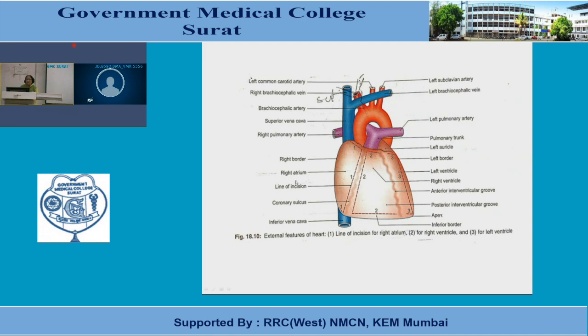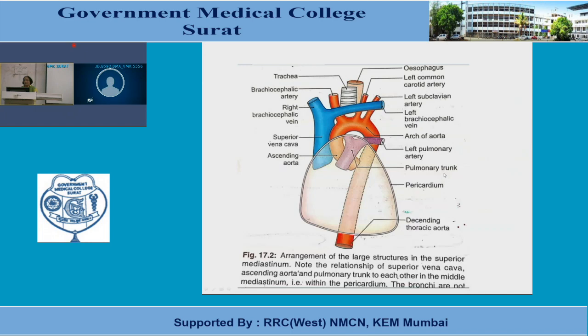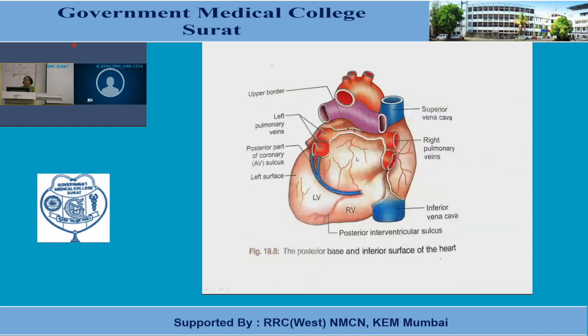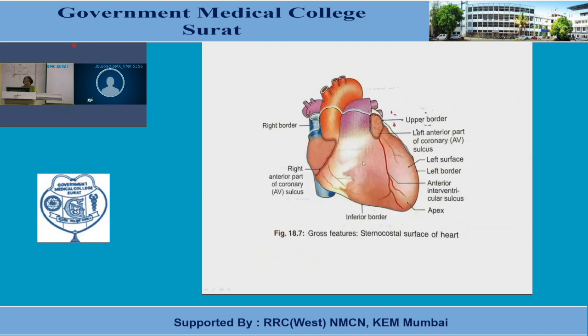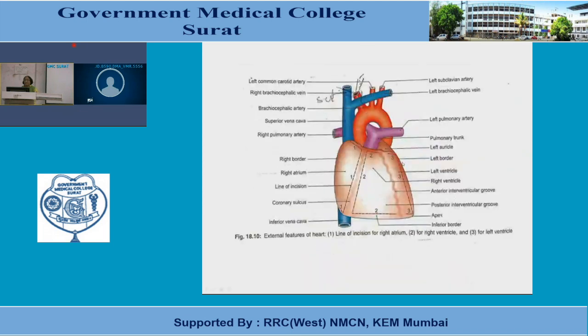There are four chambers, the upper two atria and the lower two ventricles. We can visualize here in the given diagram the right atrium, then the right ventricle, and here the left ventricle. Due to the rotation, we can visualize a portion of the left ventricle. Now you can see the left atrium, which is completely located on the back side. Right? So we'll do about the heart. We can see the apex of the heart, the upper border of the heart, and here the great vessels are visualized.